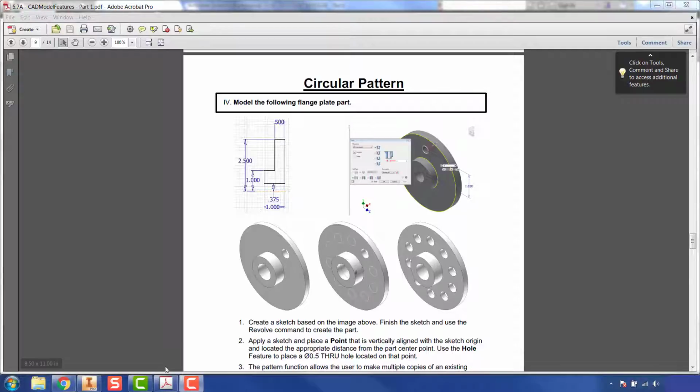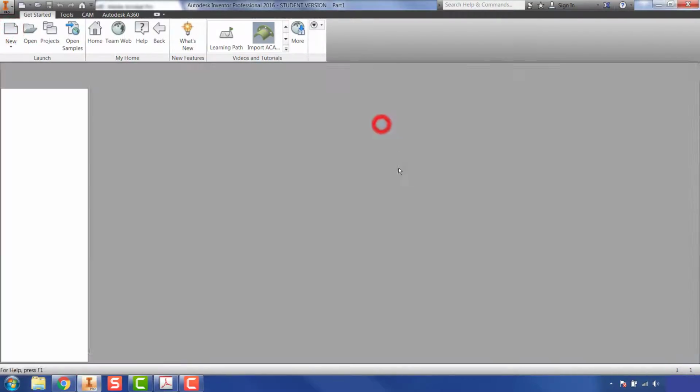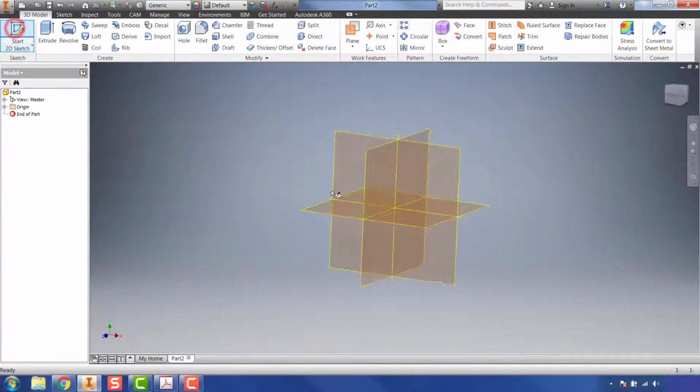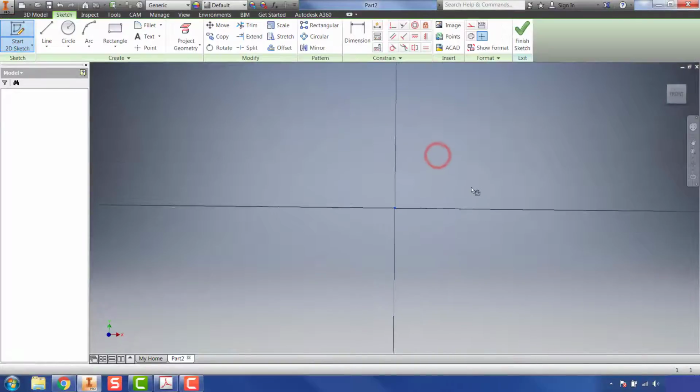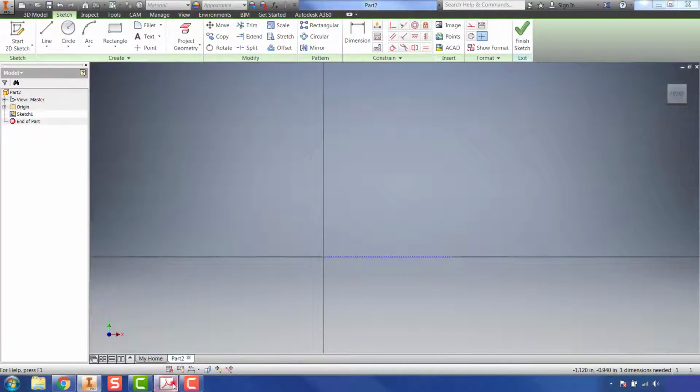So I'm going to go ahead and jump over to Inventor, create a new part, and create a new sketch on my XY plane. So the first thing I'm going to do is create a rotation axis. So I'm going to use the line command, change that to construction line, and it doesn't really matter how long this is, just as long as it's parallel with this axis, so I'll just place it there. I'm going to uncheck construction, and then I'm going to go back and take a look at my activity sheet,